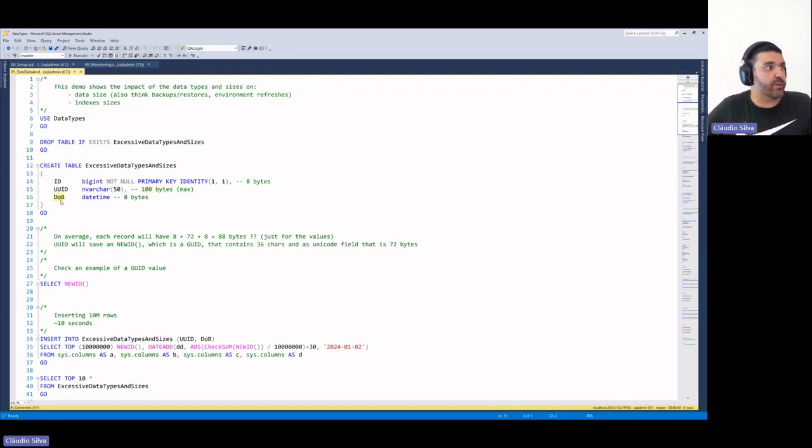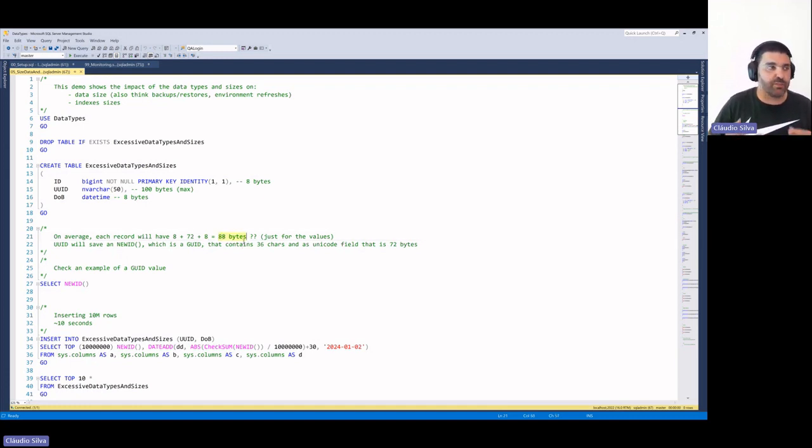I also have a date of birth that I'm using as a datetime, and the datetime is also 8 bytes. So if we do a quick math, on average, each record, just for the values, just for the data, will have 8 plus 32, and I will explain the 32 in a second, plus 8 bytes, meaning that each record will occupy 88 bytes.